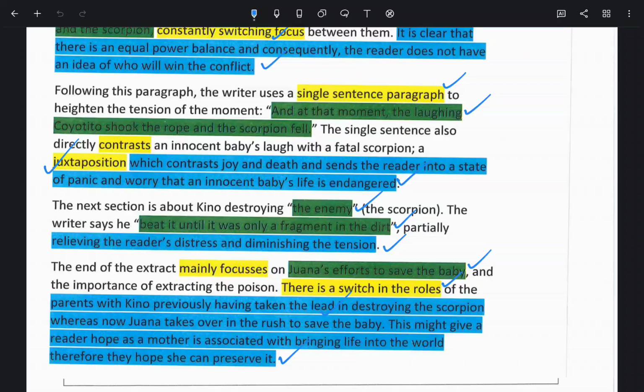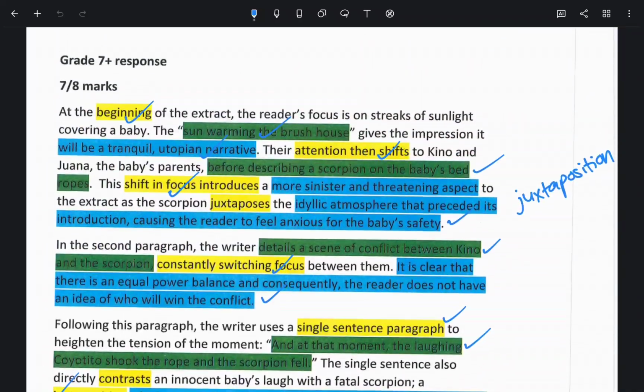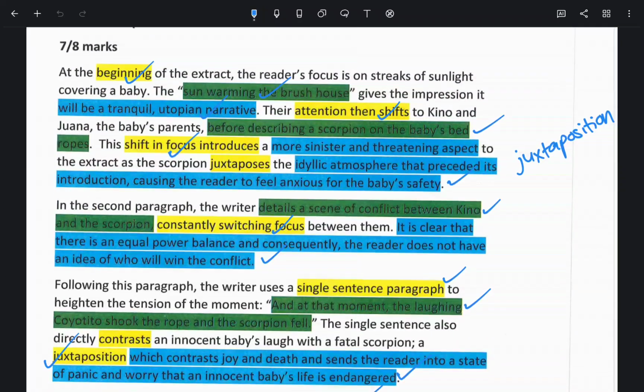So there's a switch in the roles of the parents, with Kino previously having taken the lead in destroying the scorpion, whereas now Joanna takes over in the rush to save the baby. This might give a reader hope, as a mother is associated with bringing life into the world, therefore they hope she can preserve it. Now, having read that, this is an excellent example of a grade 9 answer, top marks,